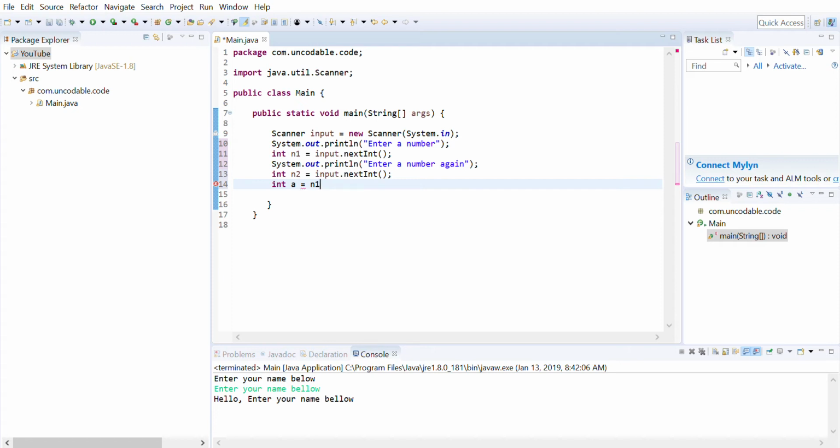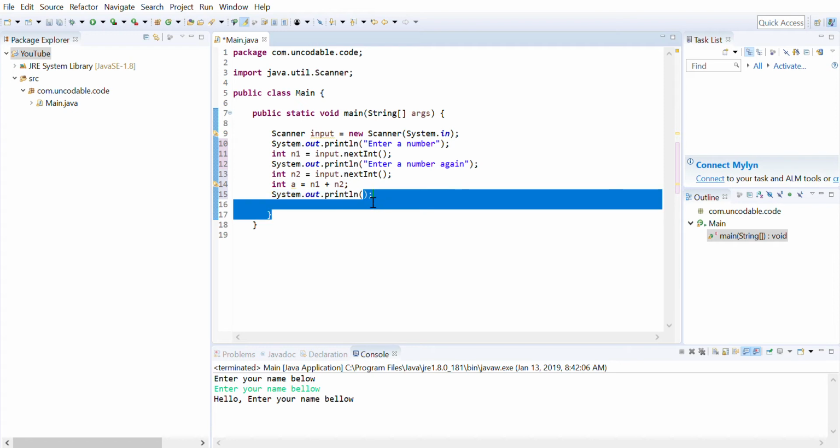Now what we have to do is take both of these and add them together. And then, simple as so, int a equals. And then what we have to do